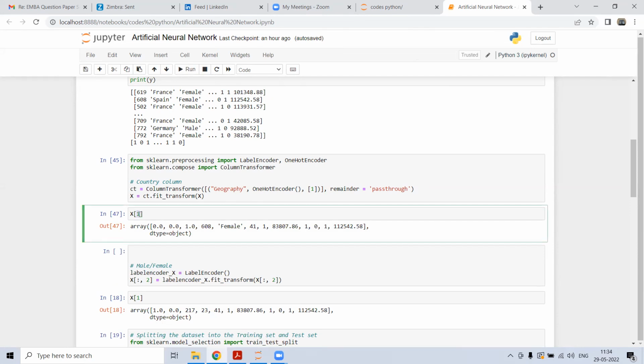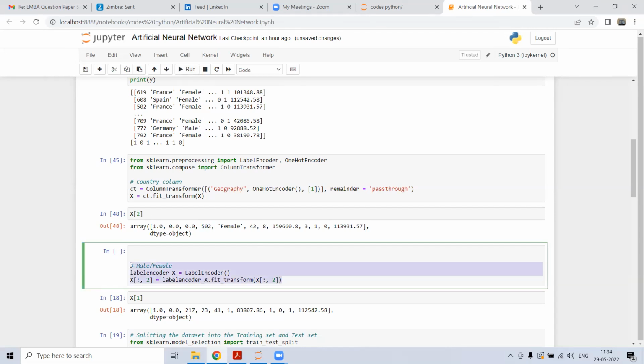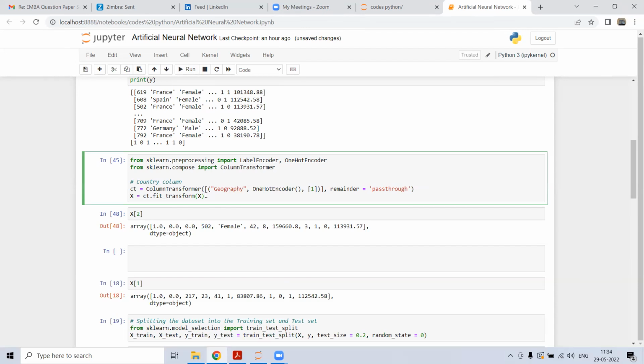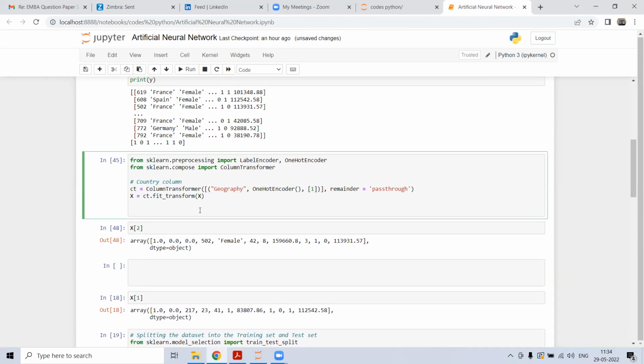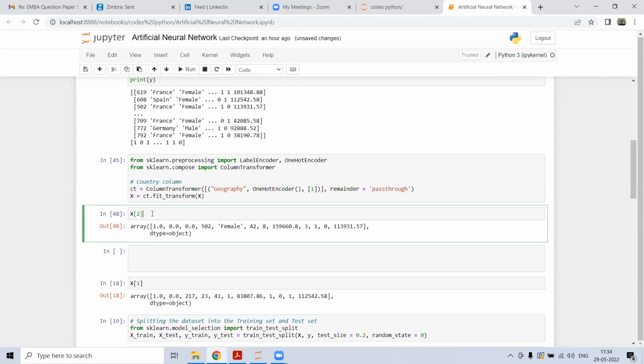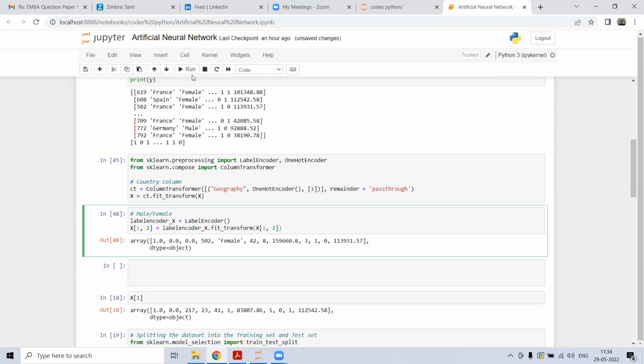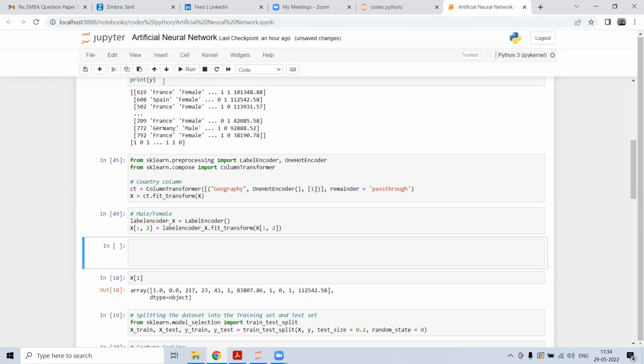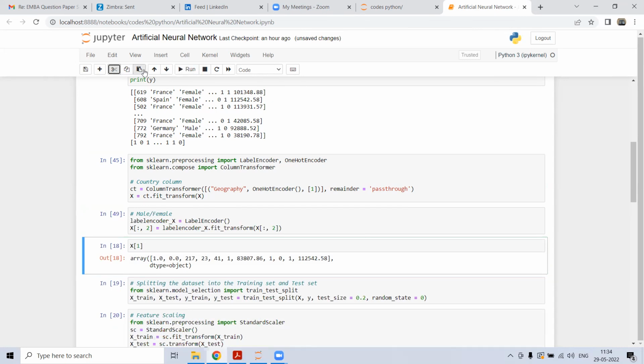So if I have some other thing, let's see if I run this. So this is encoded with some number, 502 and so on. Similarly, I can also run the male-female encoder. So let's just run this male-female encoder. Once I have run this male-female encoder, let's see what is the X1. So in X1,